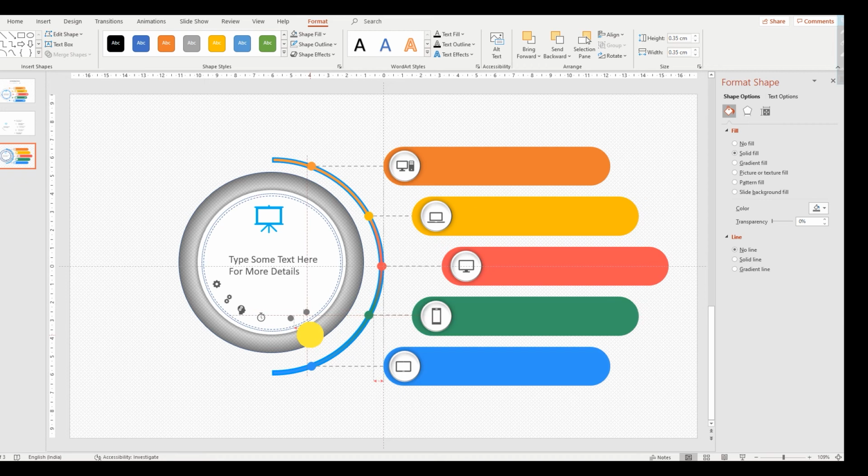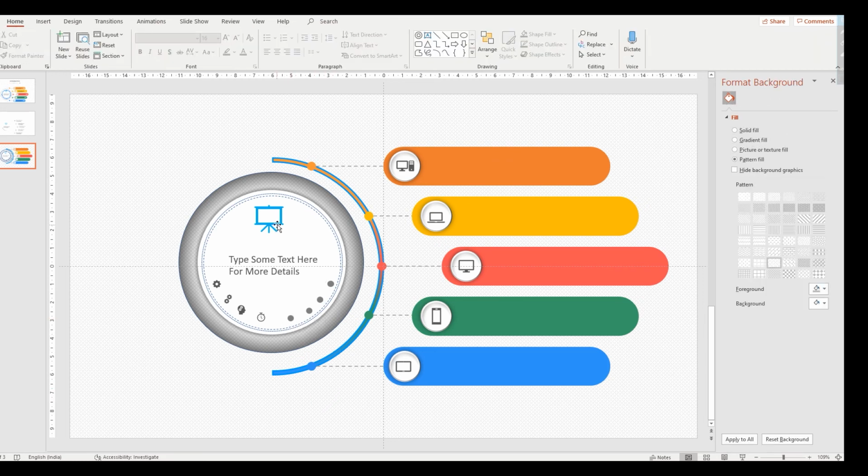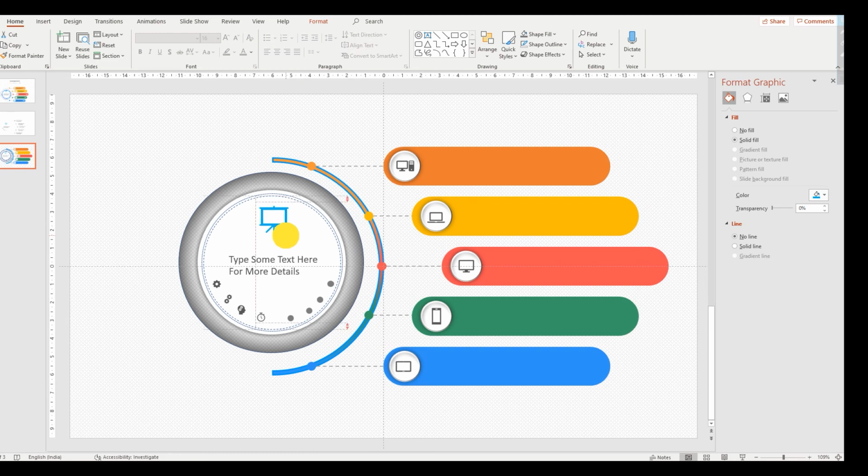For another, arrange properly. This arrangement is okay. This one also we need to arrange.